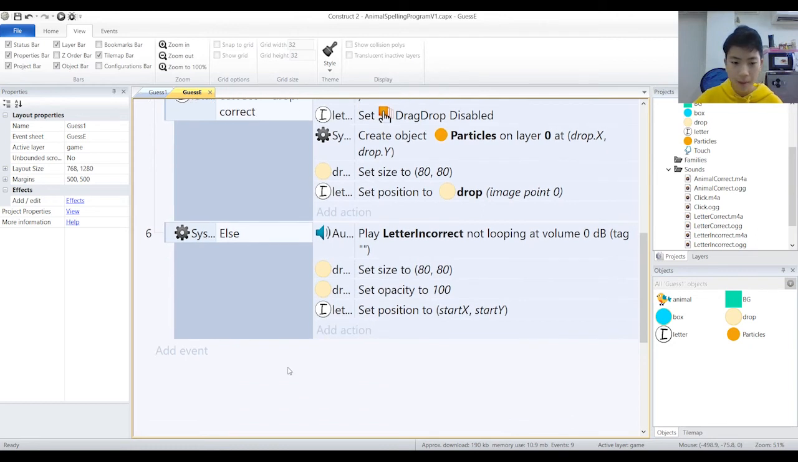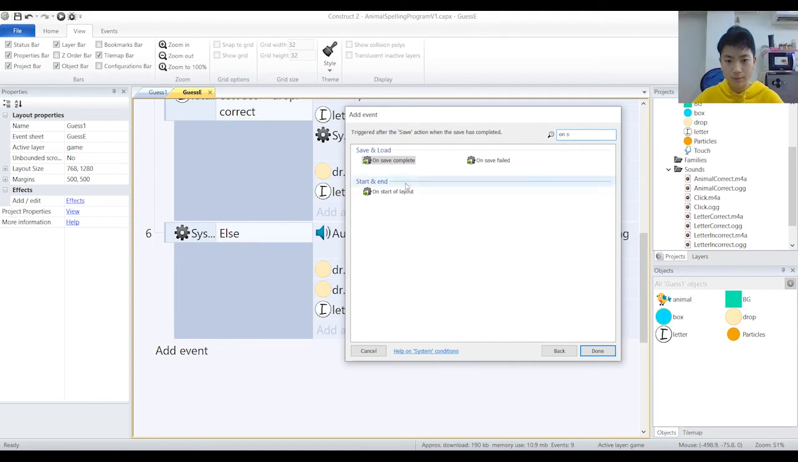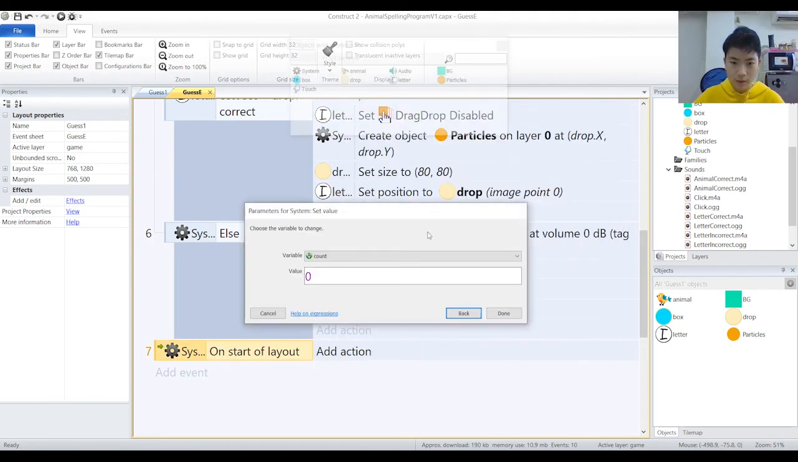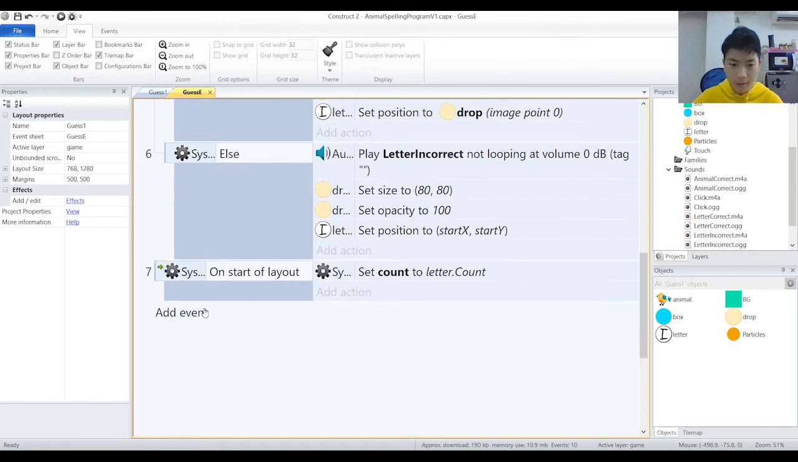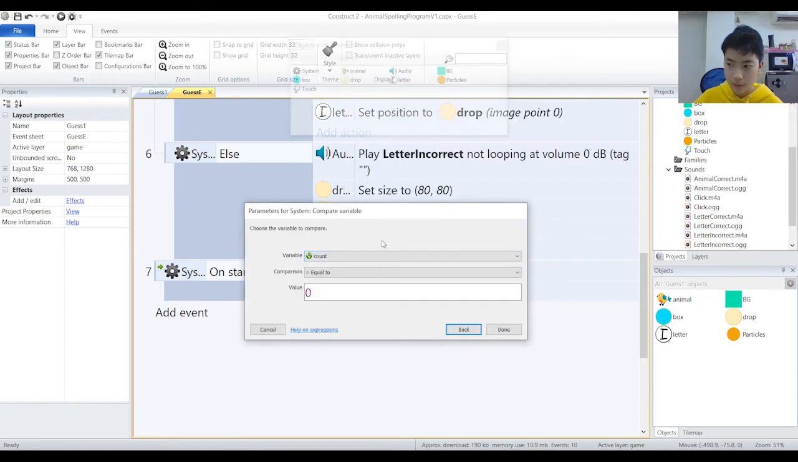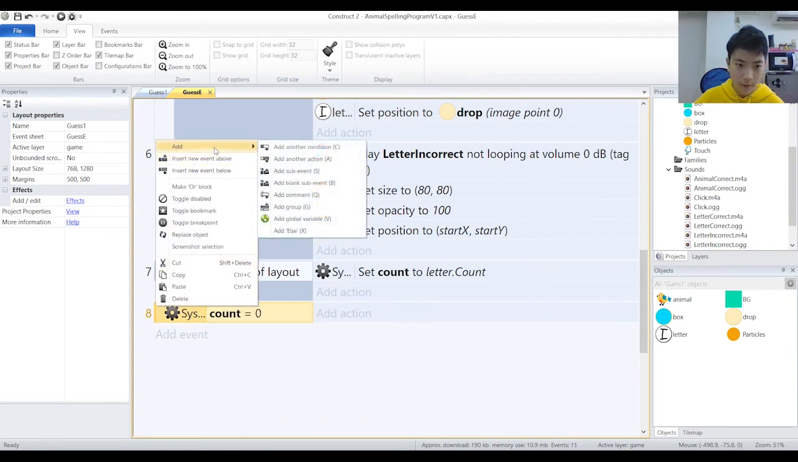Okay, now we have a bit more on start of layout. On start of layout, set count to letter.count. Okay, like so. And then we only have a few more lines and then we're done. This is just resetting everything kind of. So we're gonna compare variable count equals to 0, click done, and then we're gonna add a trigger once and